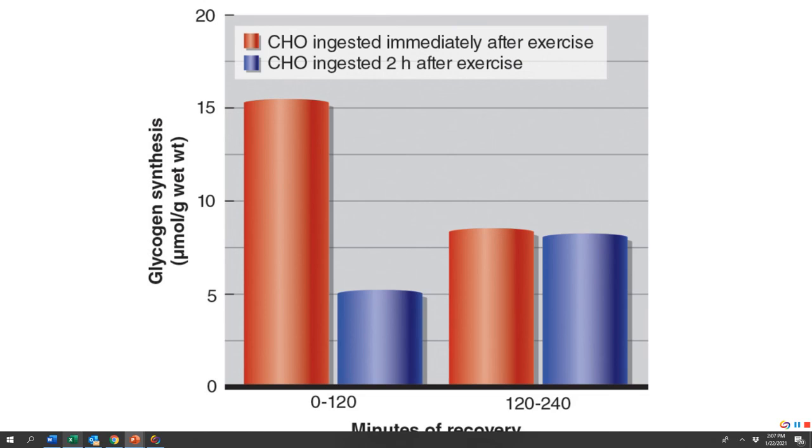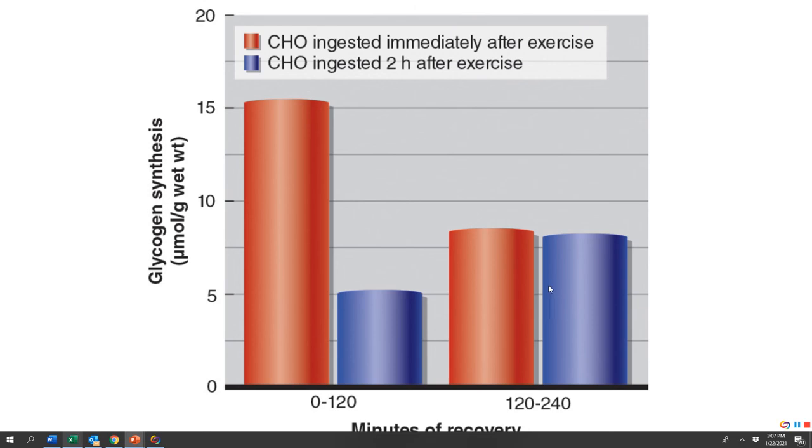All right, so this really is the last figure of the slides here. So we've got glycogen concentration on the y-axis, and what we've got here is what happens when you ingest carbs immediately after exercise and what happens if you eat carbs 2 hours after exercise. And so notice that initially glycogen production, sorry, that's what synthesis means, is really high in the people that ate carbohydrates right after exercise. That shouldn't be a surprise. I've got an abundance of glucose, so I'm going to store some of that. I'm going to produce a lot of glycogen. But then over time,